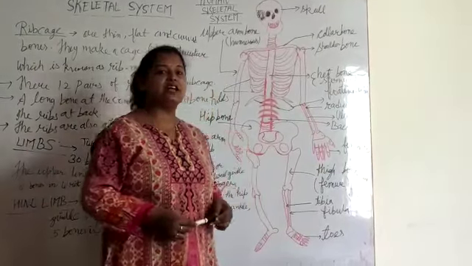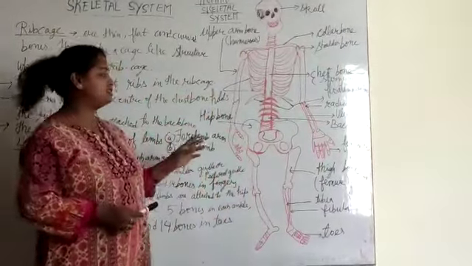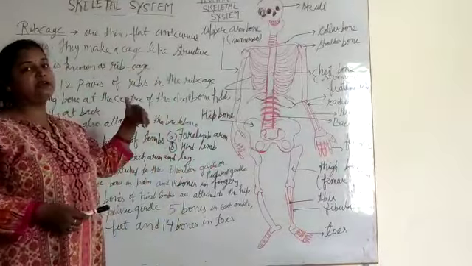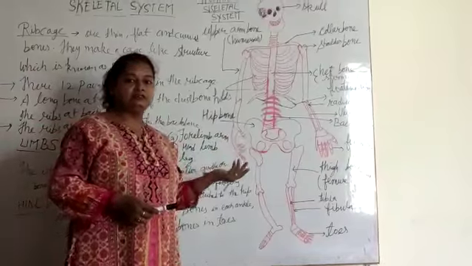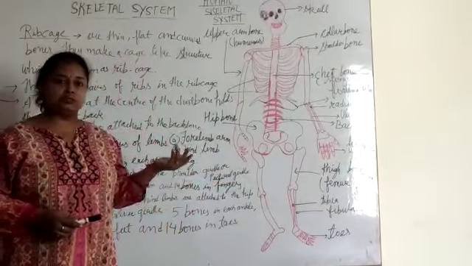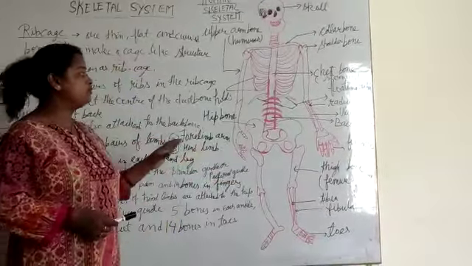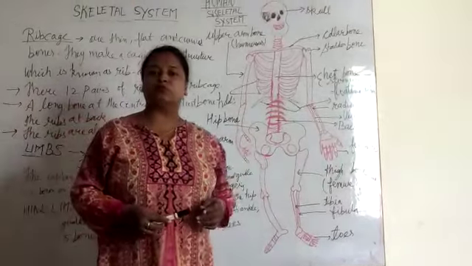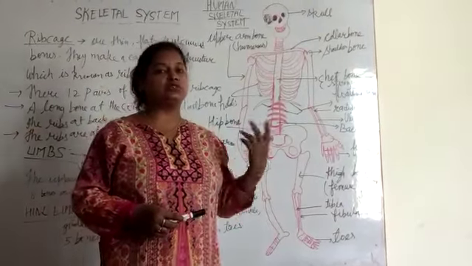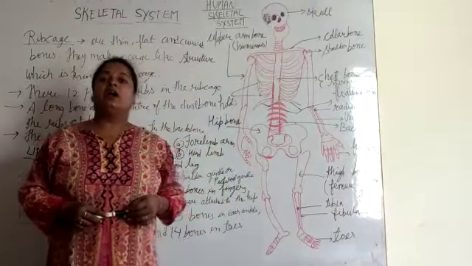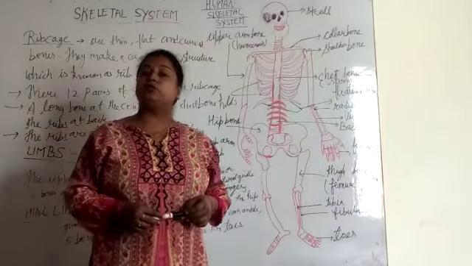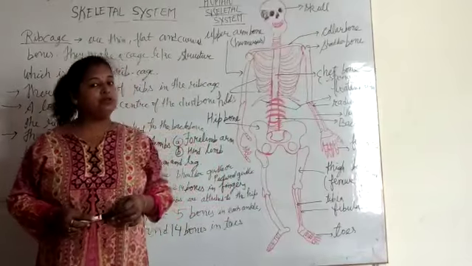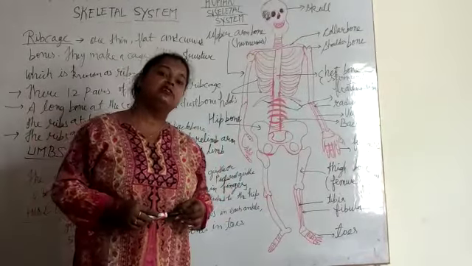In the previous class I have already explained to you that there are 206 bones in the human body. Clear? And in the earlier classes I explained about the structure of the skull and about the backbone, the spine. Clear? Now, at the time of birth the child has the maximum number of bones, but as they grow up, bones join together. Clear? And in the backbone a jelly-like substance is also there, that is bone marrow, and bone marrow helps in the formation of RBC, that is red blood cells.